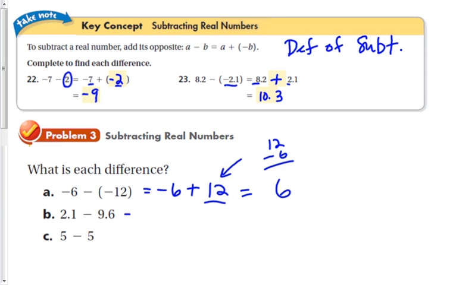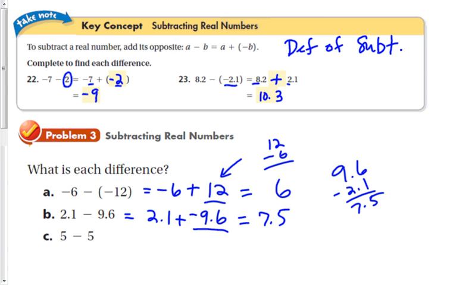All right, let's change this one to 2.1 plus. Instead of positive 9.6, we're going to make it negative 9.6. Again, the signs are different, so let's subtract them. 9.6 minus 2.1 is 7.5. Take the sign of the number with the greatest absolute value, which is this one, and that means our answer